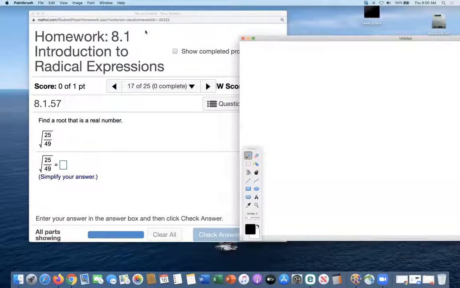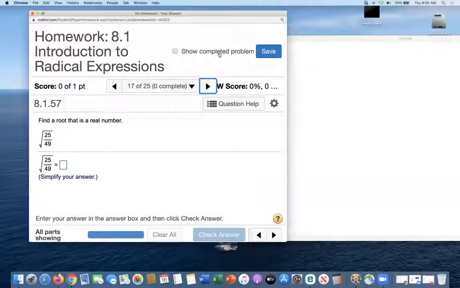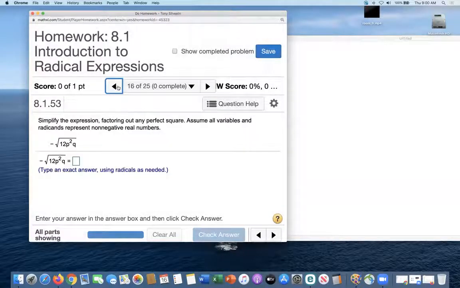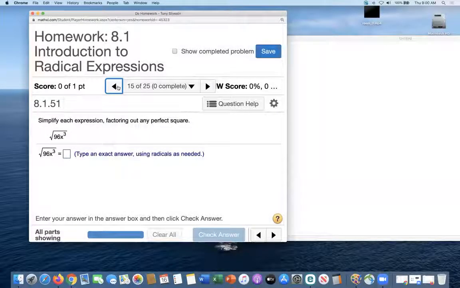8-2 is not that bad either. So that's my goal today: finish 8-1, 8-2, and then we'll pick it up next week. Okay. This is different from what we've been doing over here with these problems, where you have one square